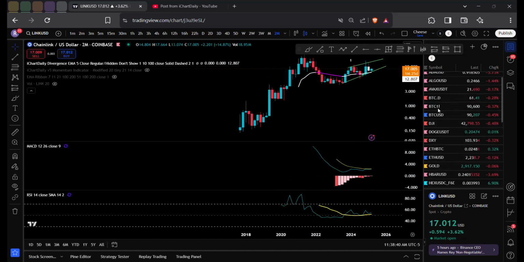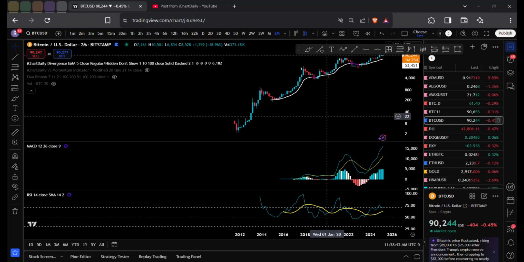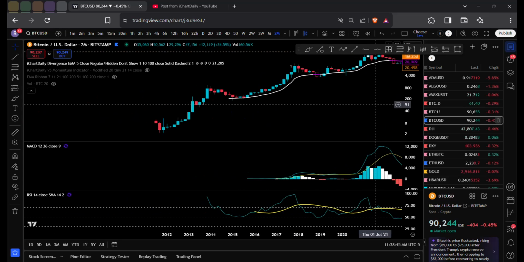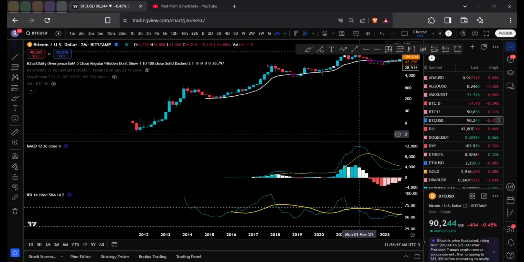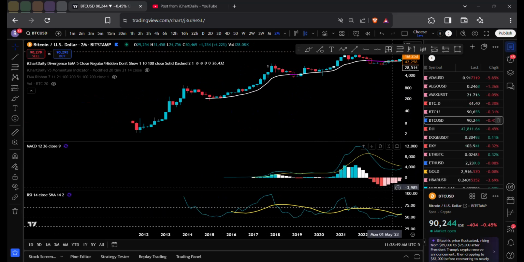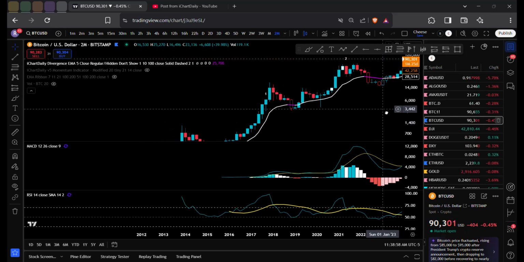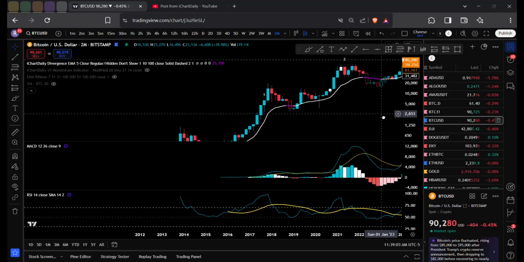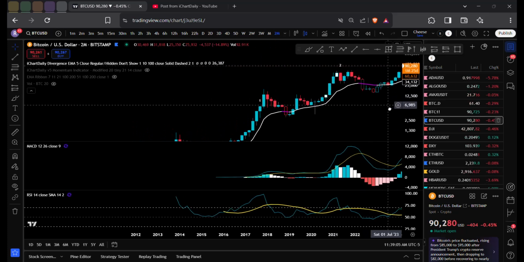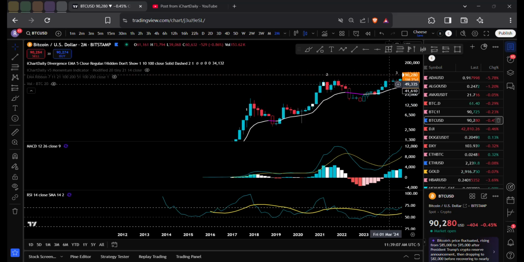Okay, let's go to Bitcoin. On the MACD, volume going the other way, about to have a golden cross. RSI forming higher lows, broke back into section A. We were here, we had that blood. We went up to 28,000, 40,000, and even if it was just to the 70 line, it went from 40,000 to 80,000.